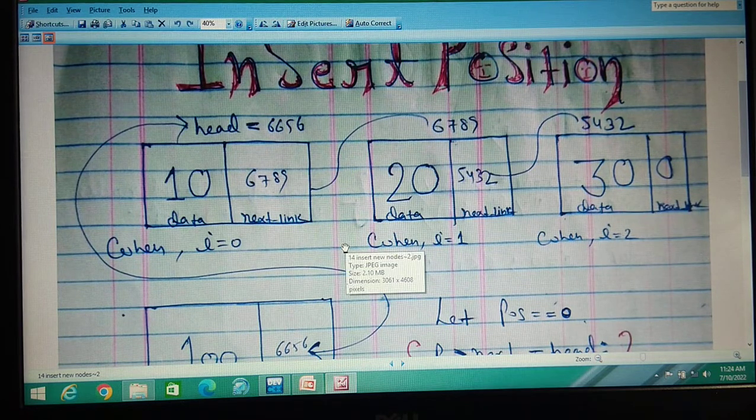In this condition, you have to write pos is equal to position 1, position 2, position 3. So there are three, so you have to write position is equal to 3. Then the program will work. How? I will show you. Now see.